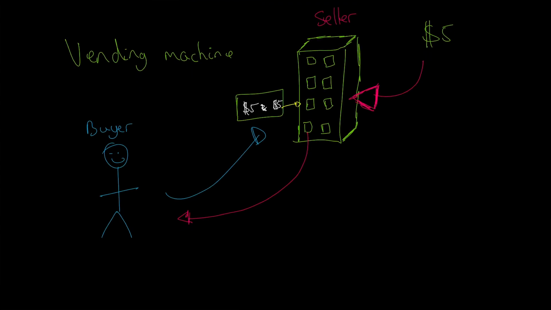And when you go to a grocery store and you pick up, let's say, a bottle of milk, you go to the counter and you put it down, they scan it, they say it is, let's say, $1.50. You give them $1.50 and they give you the milk, usually with a receipt as well. That's very similar to this scenario.